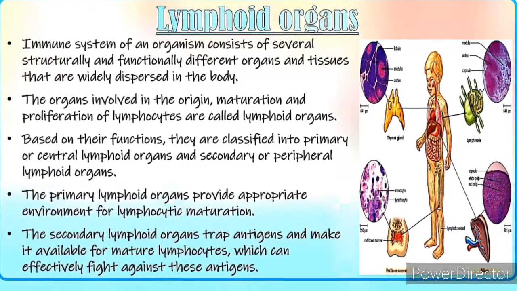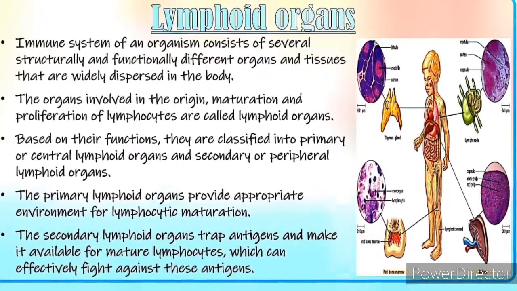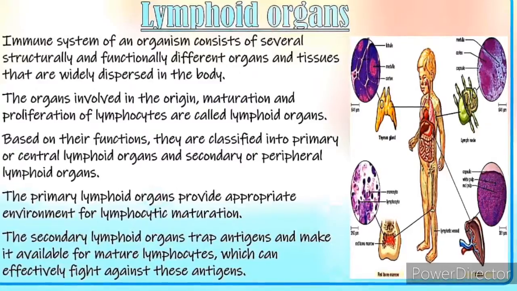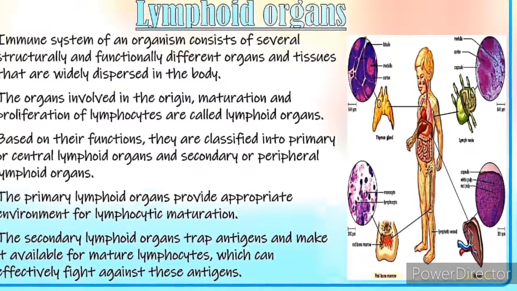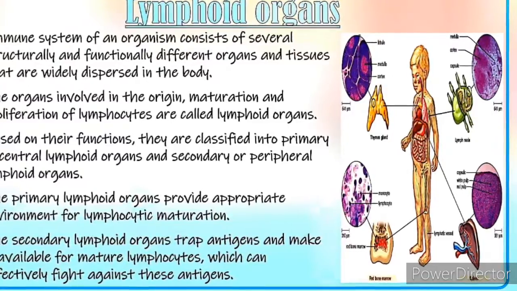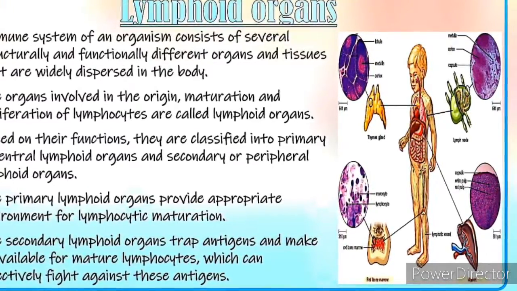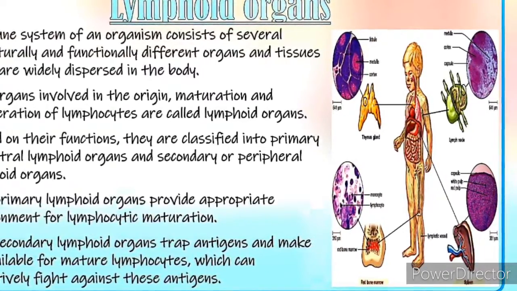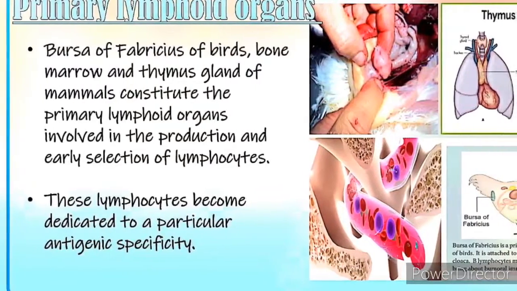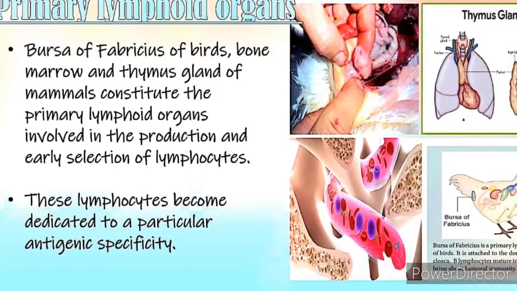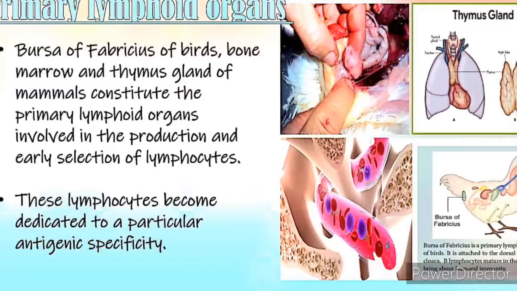Next, lymphoid organs. The immune system of an organism consists of several structurally and functionally different organs and tissues. Based on their function, they are classified into primary or central lymphoid organs and secondary or peripheral lymphoid organs. Primary lymphoid organs: bursa of Fabricius of birds, and bone marrow and thymus gland of mammals constitute the primary lymphoid organs,